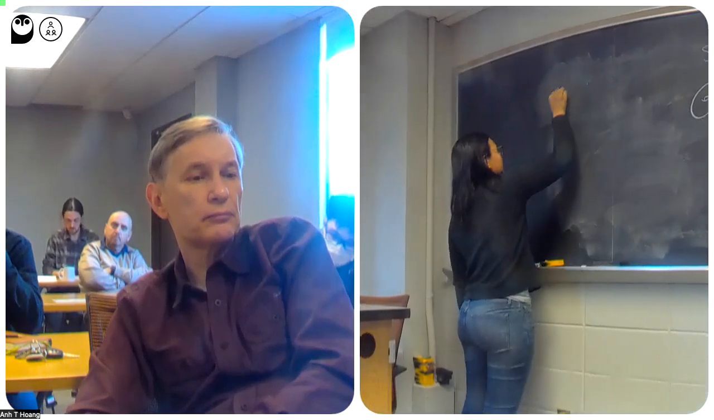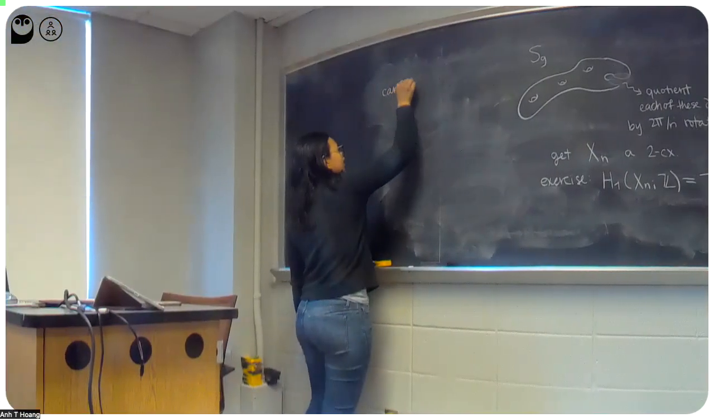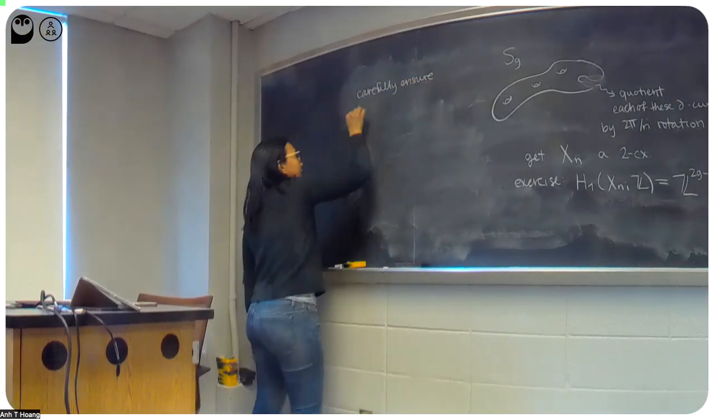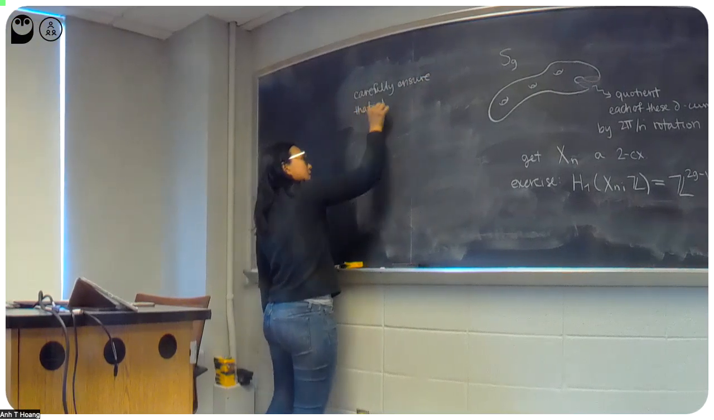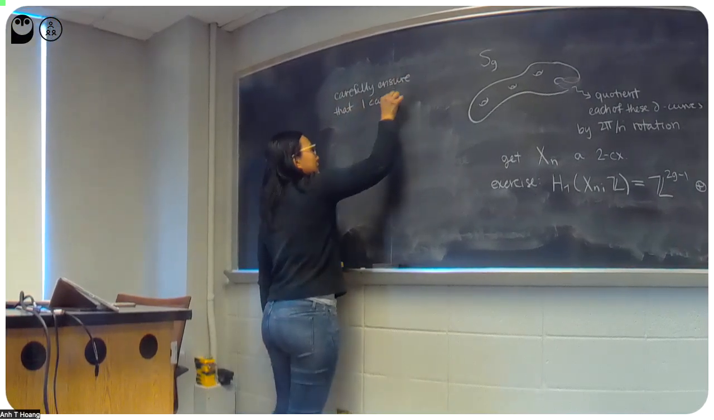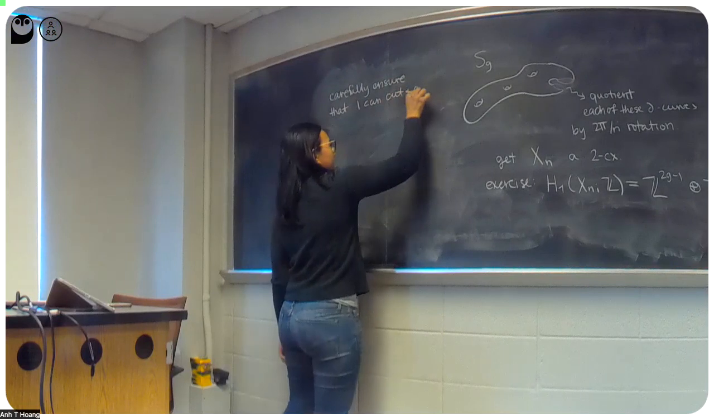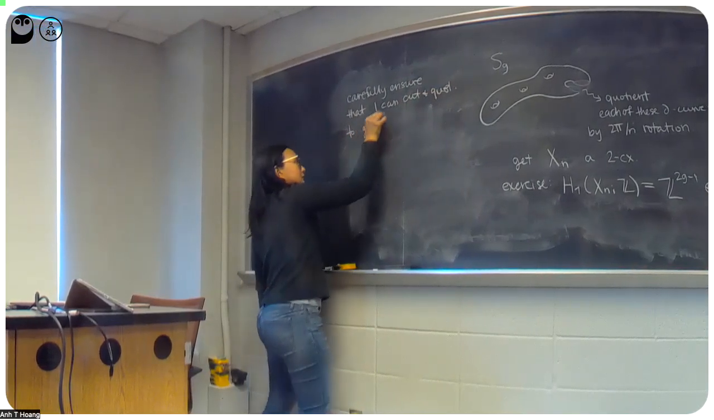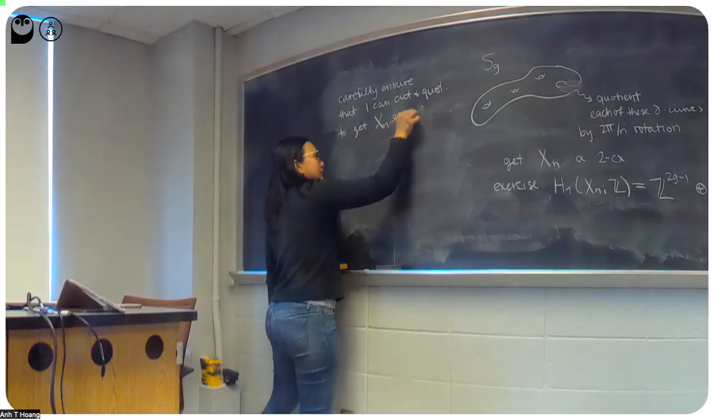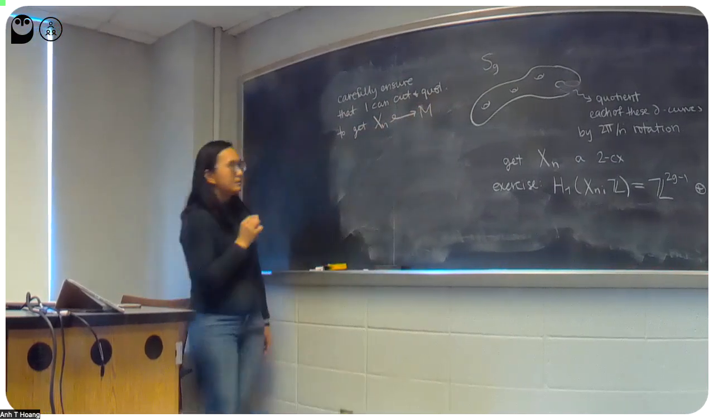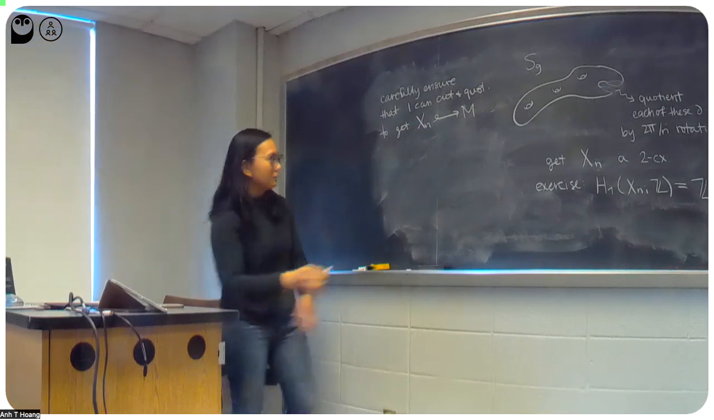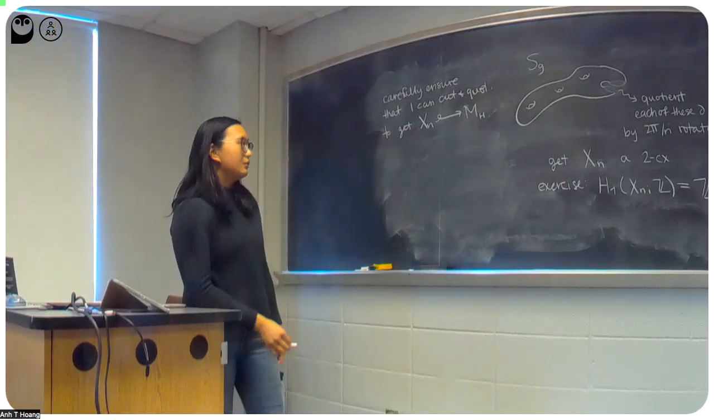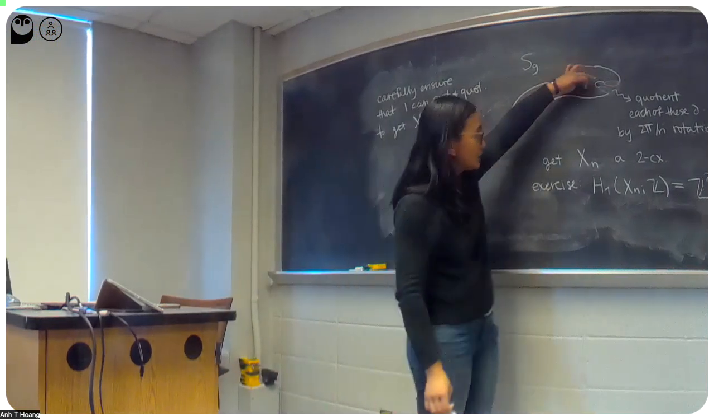So I can now carefully ensure that I can cut and quotient to get this immersion of Xn into my MH. Notice that you have to be really careful because when you cut here, you get these two